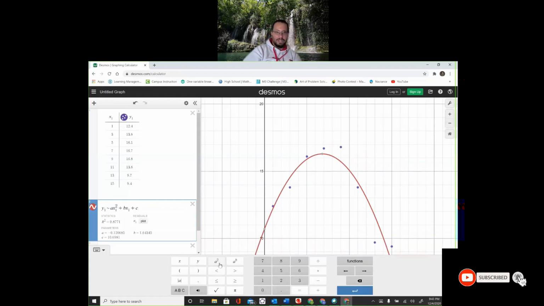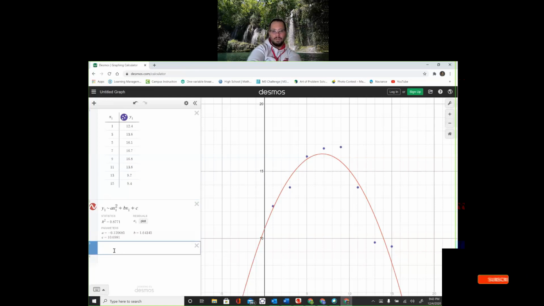And our equation is, we'll round to the nearest hundredth, but we're going to just type in all the digits. y equals negative